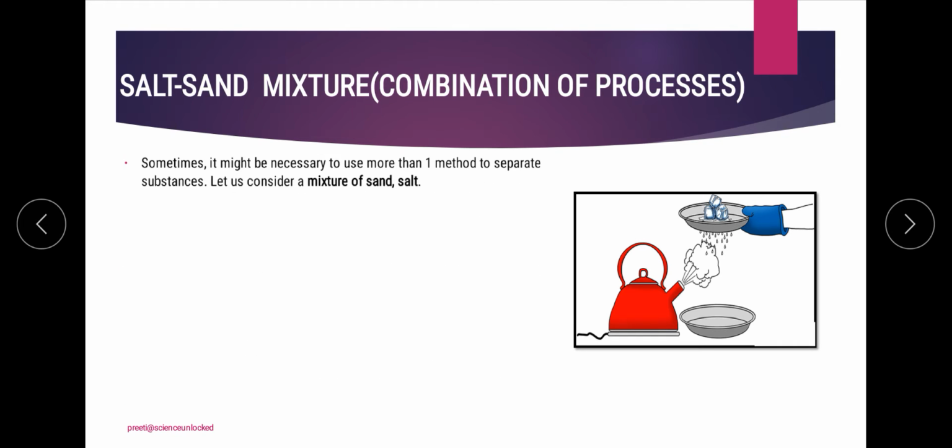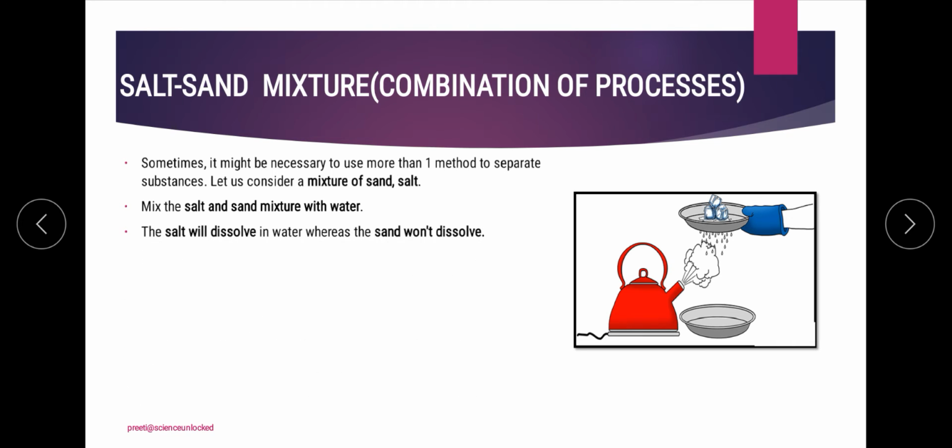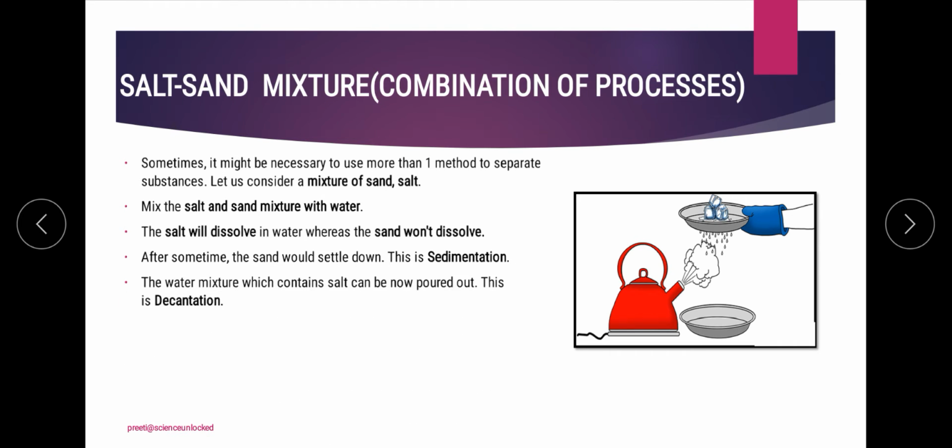For that process we are going to simply use the process of sedimentation as discussed earlier, and the process of decantation. Once the process of decantation is over, then we are going to evaporate the salt solution that we are left with.